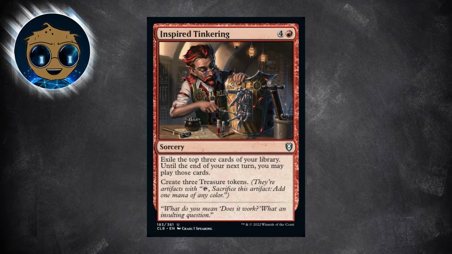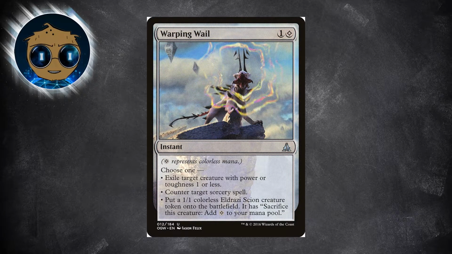Inspired Tinkering will have us exile the top 3 cards of our library and then let us play them until the end of our next turn. It will also give us 3 treasures to help us with that task. Warping Wall will counter a sorcery spell. We're mainly keeping an eye out for sorcery speed board wipes, but once we do use it, we can make Eldrazi Scion tokens that we can sacrifice for mana later